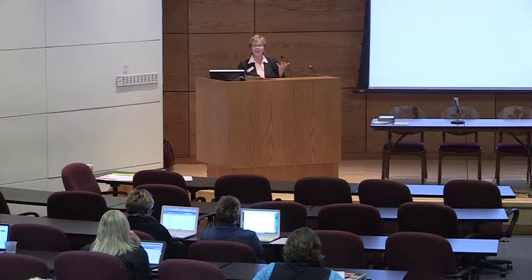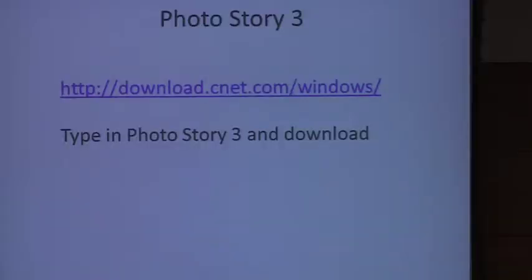This is a free download for Photo Story. If you go into this site, and I put pretty specific directions on the sheet for you, just type in Photo Story 3 and it will come up. If you have an older machine, it's a pretty common program. The nice thing about Photo Story 3 is it's really a 4-step plan.